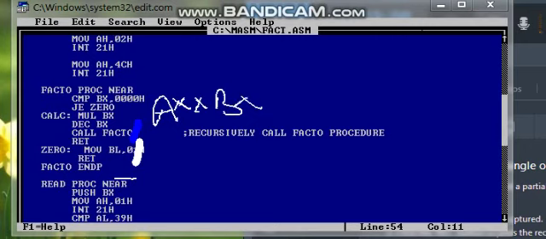It again decrements the BX, which contains the input. For example, our input is 5, so BX contains 5, and it will be decremented by 1 in each iteration, and it will multiply 5 into 4 into 3 into 2 into 1. Now our result is in the AX register.